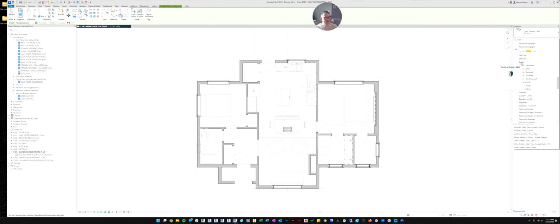With the Autodesk ones, each one of these types of outlets would be a different family, and you have to go load a bunch of families. Here, you don't have to load a bunch of families. Everything you need is all in one family. So we can do the high voltage for the range, and for a washer and dryer, you need a 240 volt outlet. So that's in here.